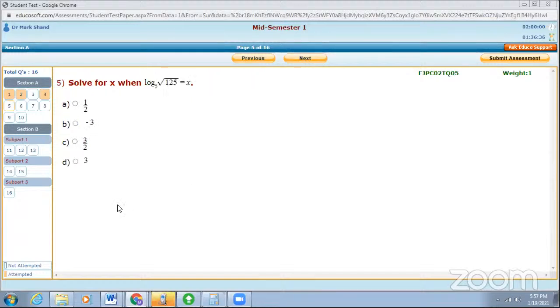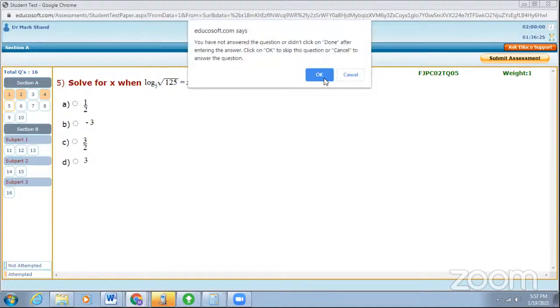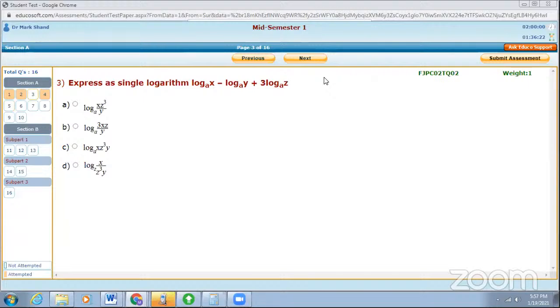So right there, what it is saying to me is that I have answered questions 1, 2, and 4, but I have not yet answered question 3. So it's ease of access now. At the end of this process, I can go back to question 3, knowing exactly which question or questions I would not have answered. Now, that is our section A.